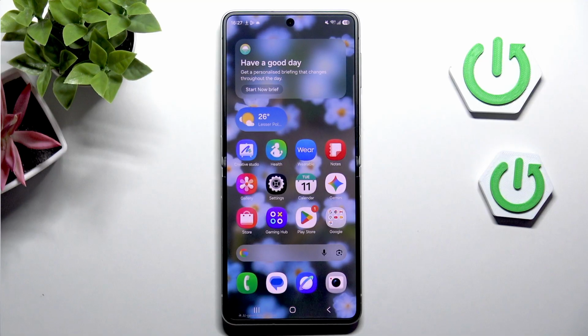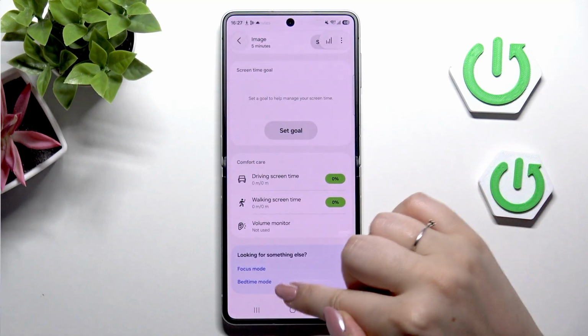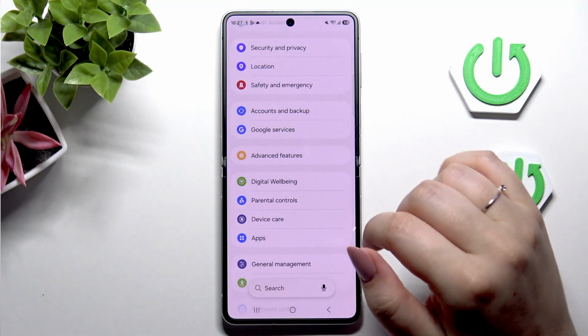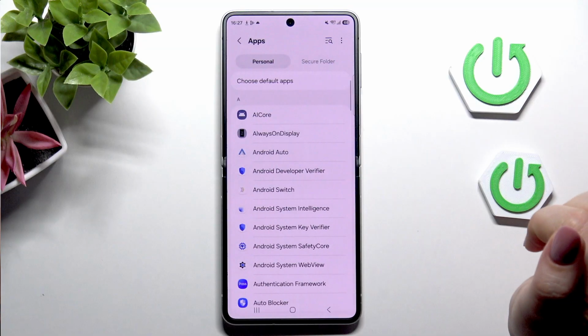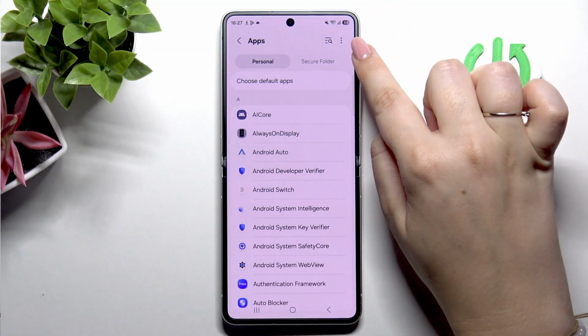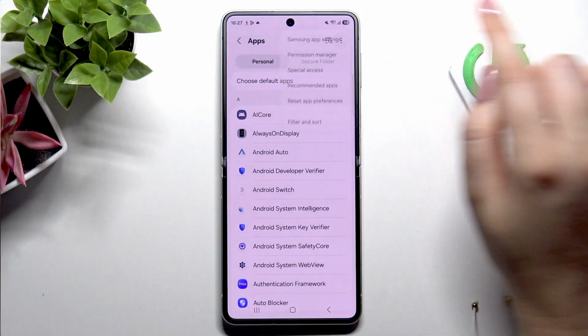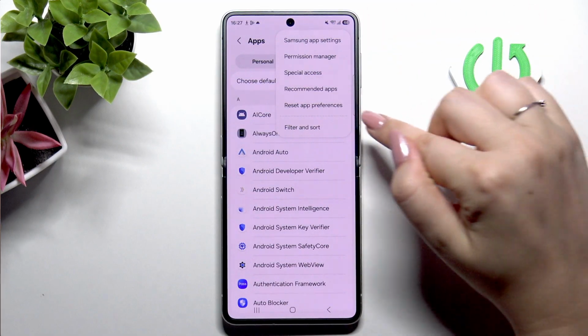So let's start with opening the settings. Here we need to scroll and find the apps. Then let's tap on three dots icon in the right upper corner to open more options, and here tap on